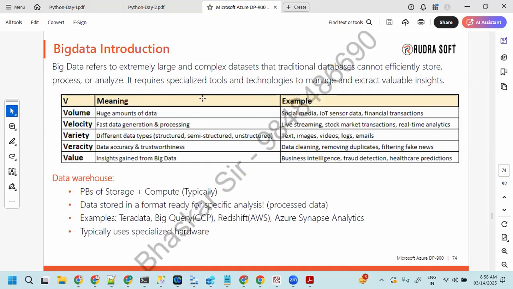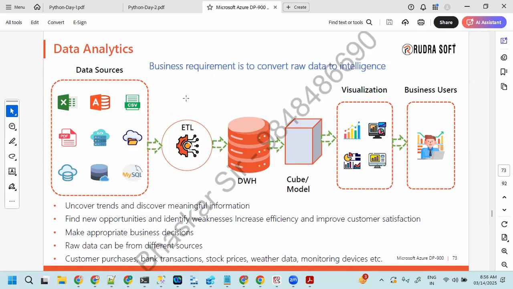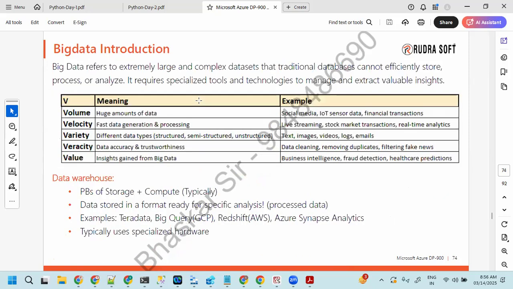So this traditional approach was not in a position to provide a solution for big data. Because of that reason, we got these new technologies or new services to provide a solution for big data. So first of all, how do you know that it is big data? I've given some characteristics of big data here. People say big data means large data. That is true, but there are many other definitions also. So if you ask me, if your system is not capable enough to process the data, I have some data here.